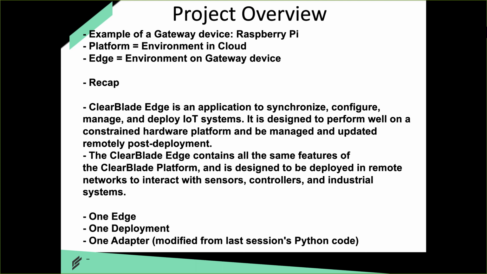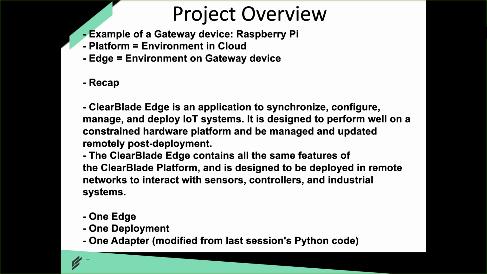So by the end of today, we will have deployed an edge. In the process of doing that, we would have created what's called a deployment. You'll understand what that means when we build it. And we would have deployed an adapter. What that is essentially is the Python code that we used last session. We're going to deploy it in such a way that it runs on the gateway device, but it stays intimately